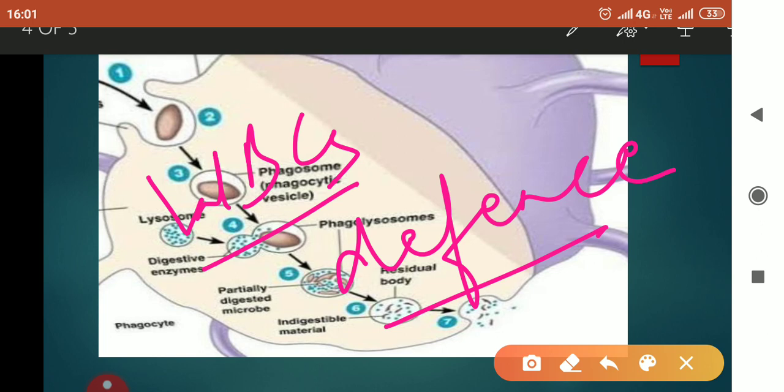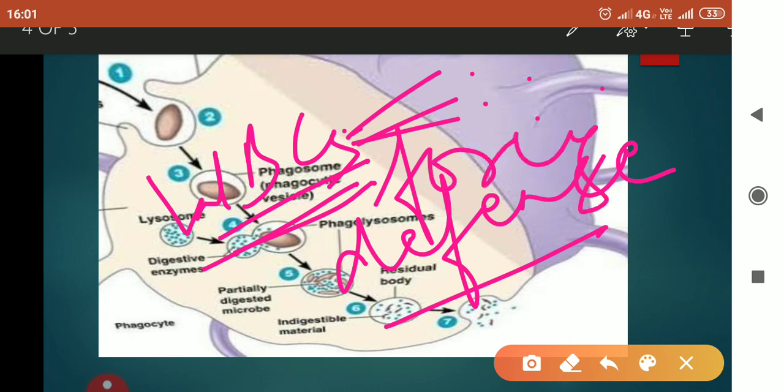and prepares the body to survive or to get free from infections. So children, there are many types of cells which come under this category, like macrophages, neutrophils, basophils, acidophils. Don't worry children, I will tell you the composition of blood in the next chapter, that is tissue, of class 9th. So WBCs include macrophages, neutrophils. They are the cells which perform this type of function. They perform intracellular digestion and digest the foreign substances. That occurs because of lysosomes present in the cell.